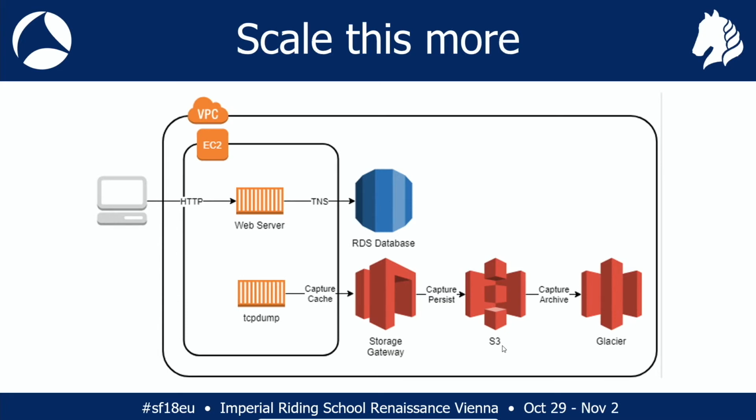Now, S3 is object storage. You're chucking a file at it, whatever it might be, and you're reading that file back. So that's what we're going to use. But normally S3 exposes a web services interface, a RESTful API that you write stuff into and out of from your application. So we need to essentially front it with NFS, and the way we do that is with another AWS service called Storage Gateway.